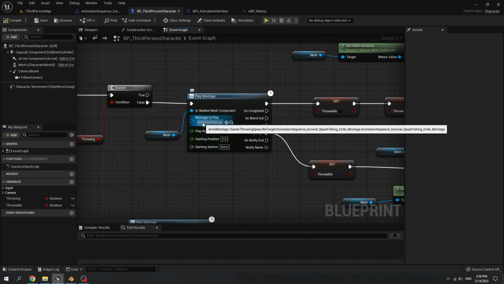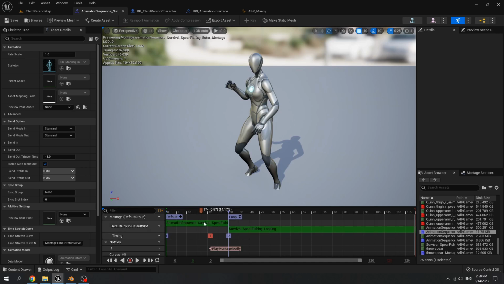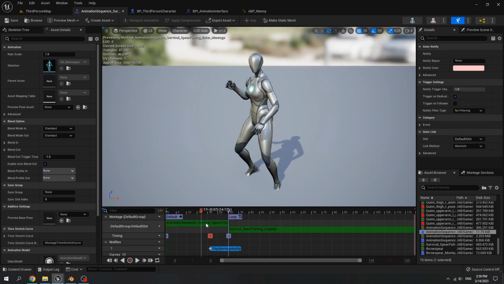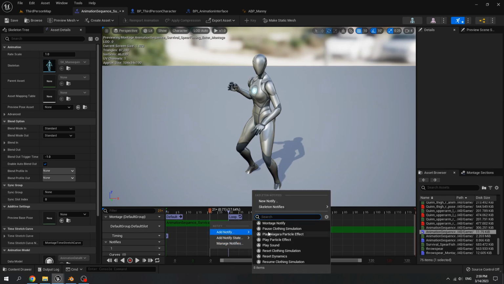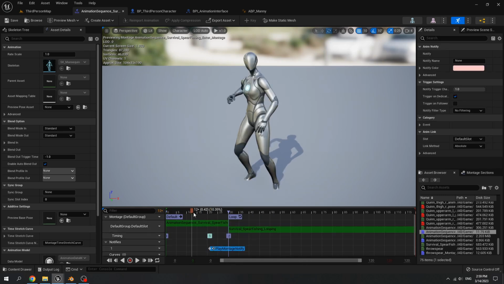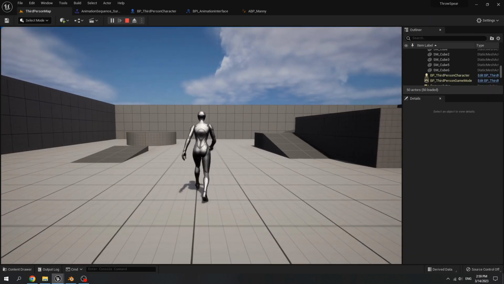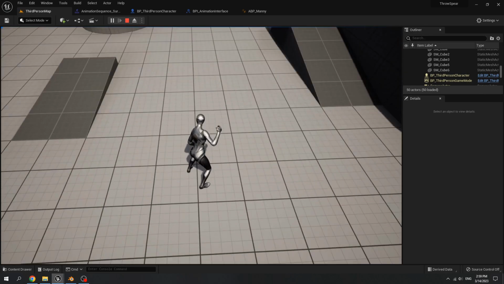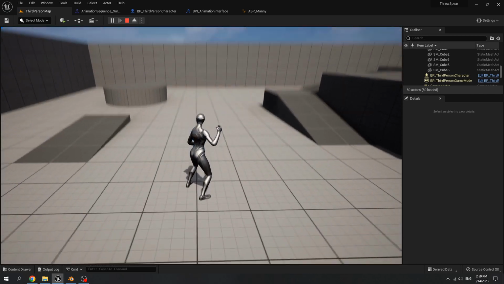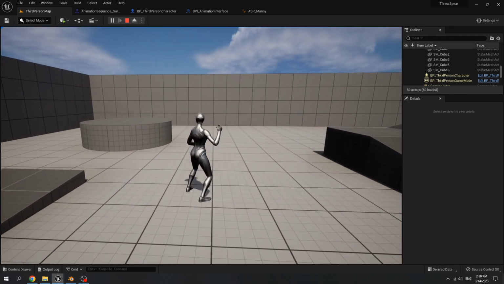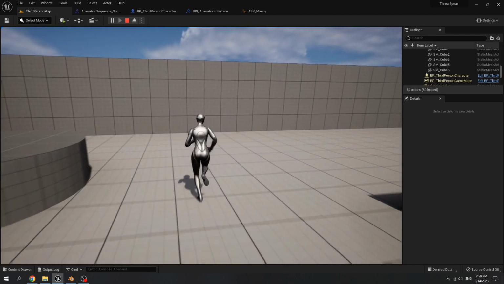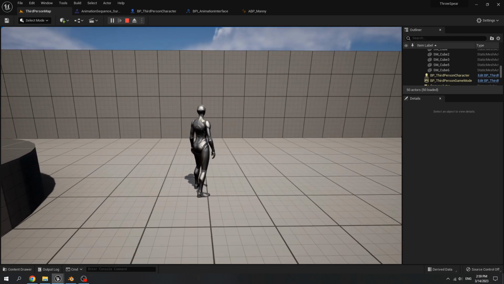Go to any montage, enter. Because this play montage notify is a red color, it's done call notify, so delete it, then add notify, anim notify. Now it's blue. Let's play test it. Right click and the character can aim down and aim up, and when we release the right mouse, the character goes back to standing locomotion.